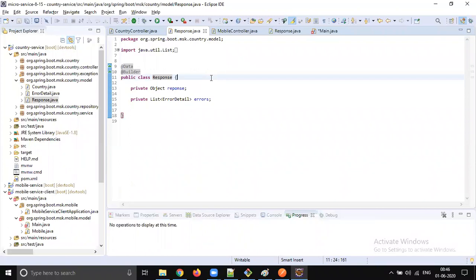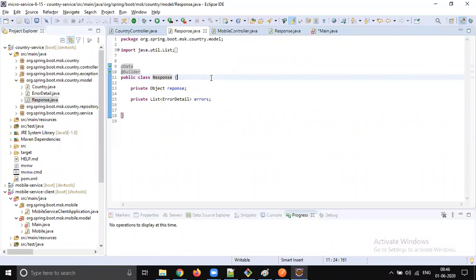Now let's go and have a look at the response class in Java. Just have a look. On line number 13, what is the return type we are returning? Object, right? So what is the return type of the response? Object. We are not supposed to do that. Our POJO is not supposed to return object.